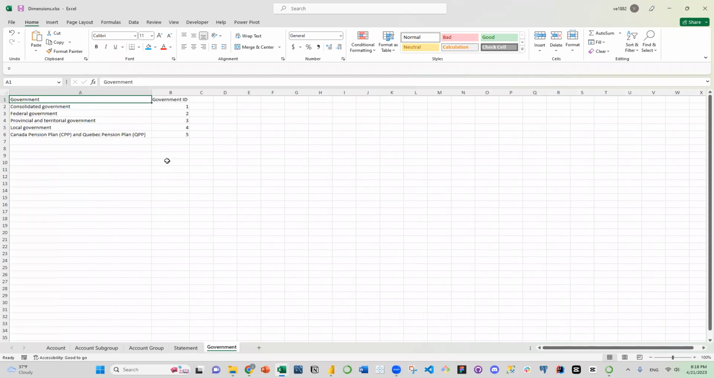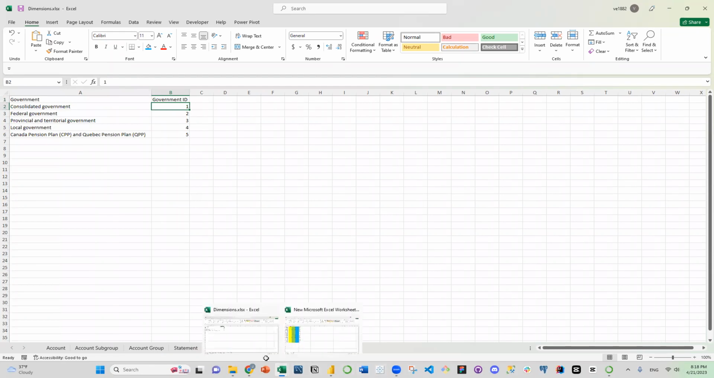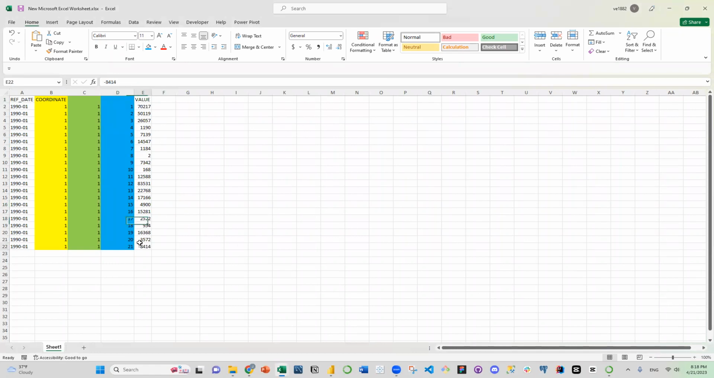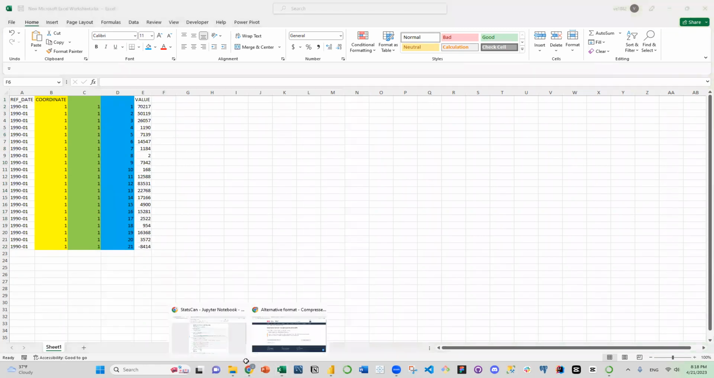And the other dimension is the government and government ID. So this makes the data really, really simple. And all you need to do is to manipulate these 1, 2, 3, 4, 5 columns. Okay. So now I'm going to